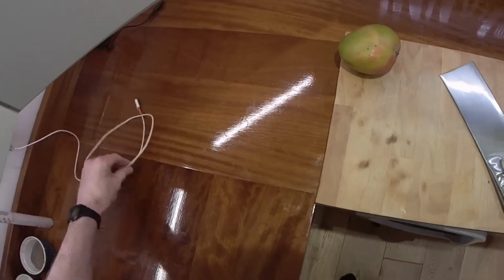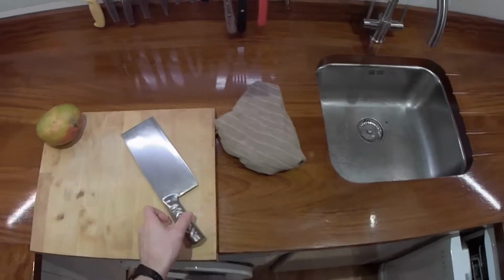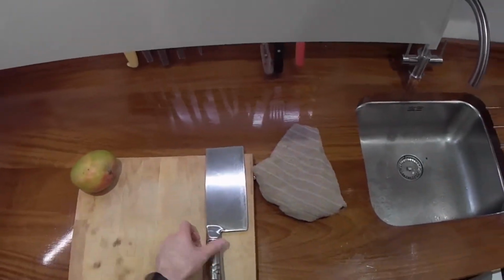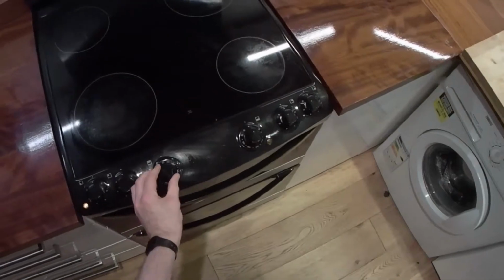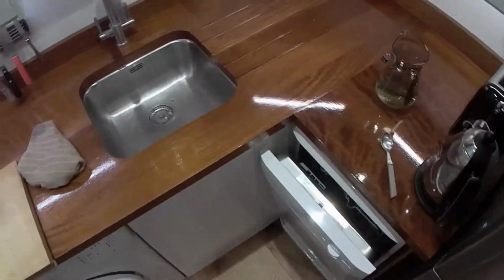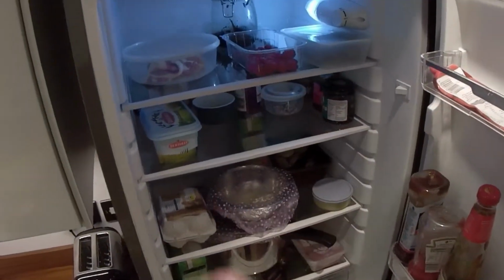I'll start with something quite simple just now, just because I've only bought this camera and I'm just looking for something to do, to try it out. And it's just going to simply be some bacon and eggs, but there's a couple of wee techniques in it that you might find kind of half useful. So we shall see. I'm going to get some bacon and some eggs